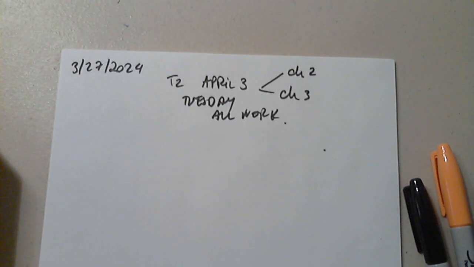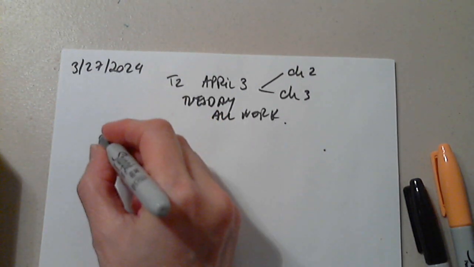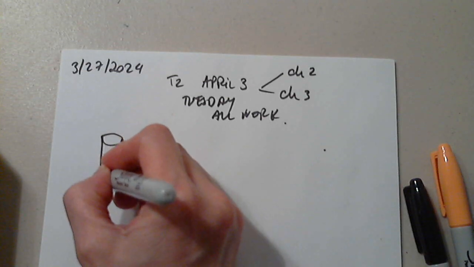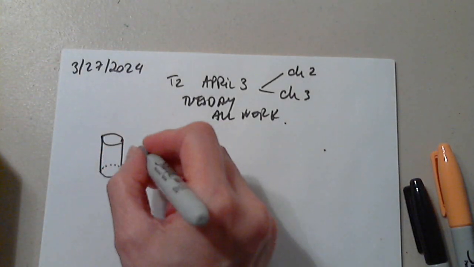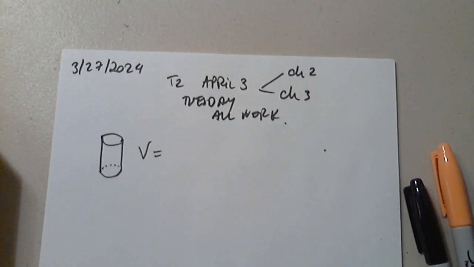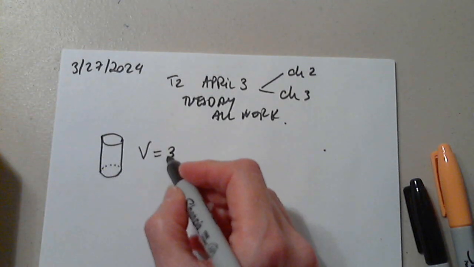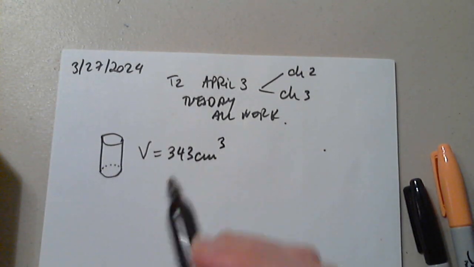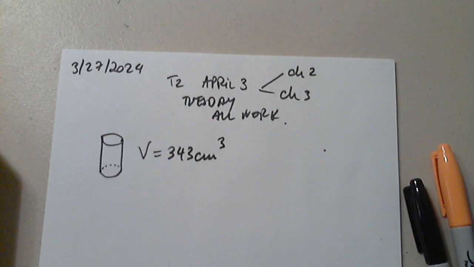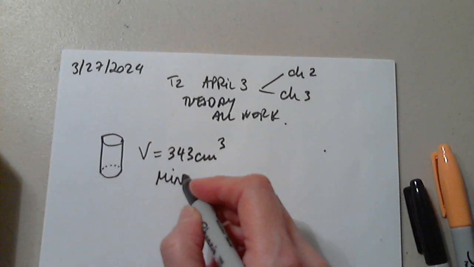We are given a cylindrical container, and they are telling us that the volume has to be 343 cubic centimeters. What dimensions, radius and height, will minimize the surface area? Perfect. So, minimize surface